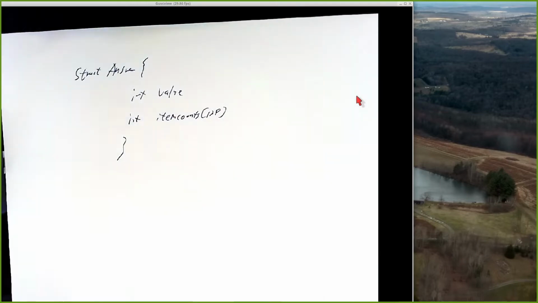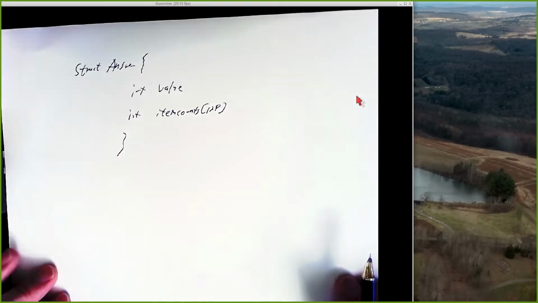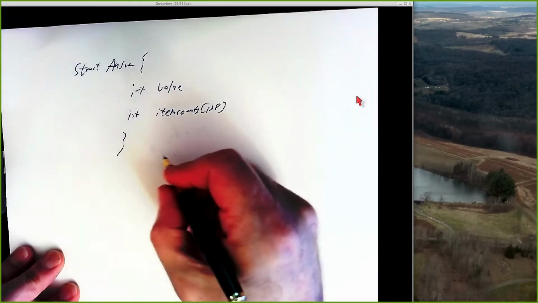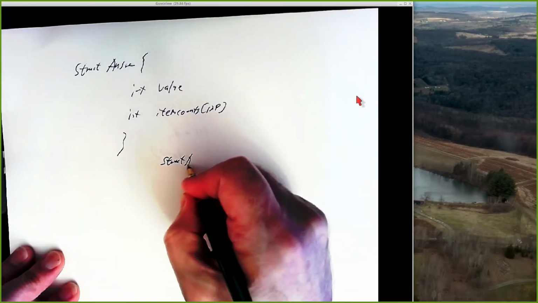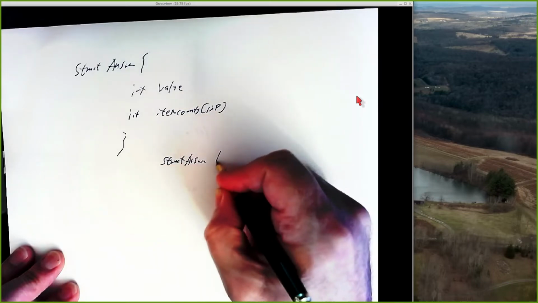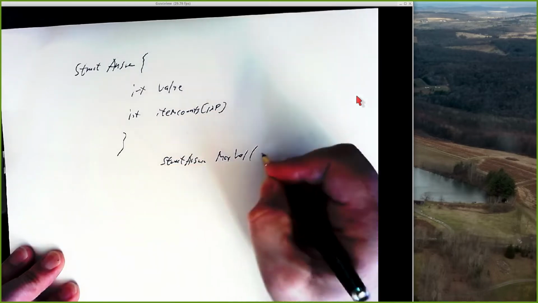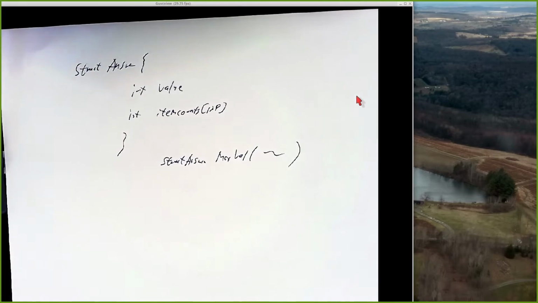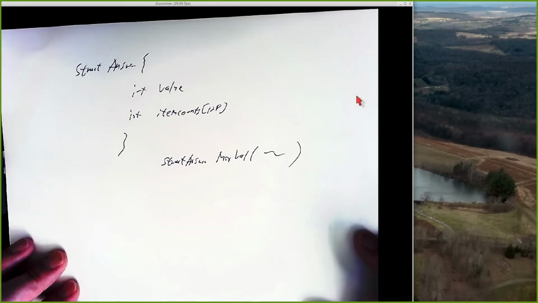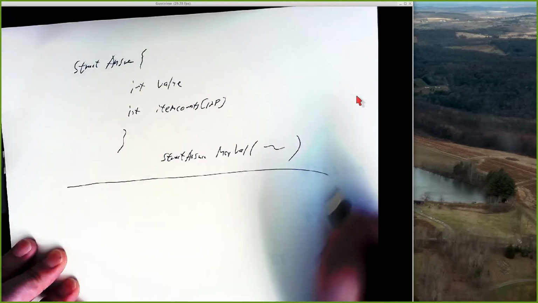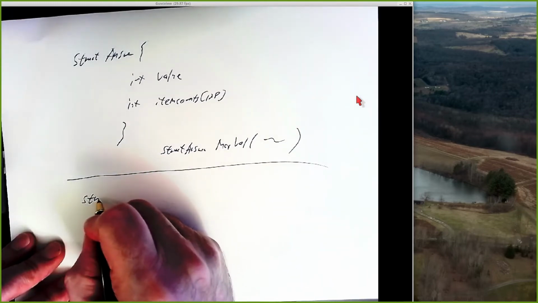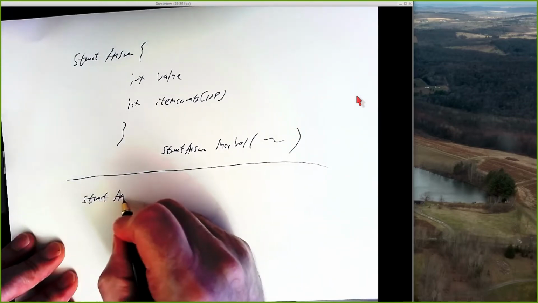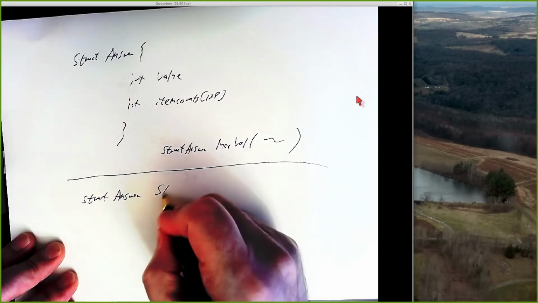Item counts is an array of how many of each item you need in order to get that value. And so your max val would be a struct answer max val, and pass it a capacity and so on and so forth. So your cache, yeah, exactly what you just said. You can make an array of struct answer,